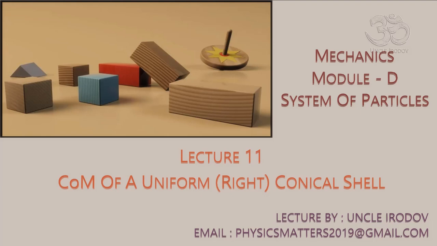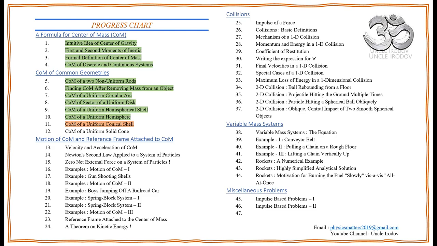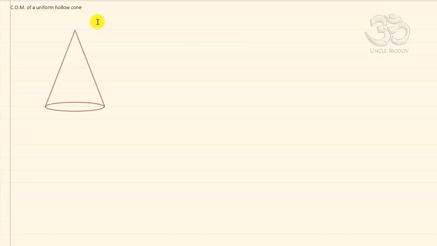So the next figure that we can go for is a uniform hollow cone. So this thing will be like the birthday caps that you would have seen. They are conical in shape, they are hollow inside, so there is a very thin layer of paper that makes up that birthday cap, and I'm speaking about something of that kind. So there is a very thin layer of material that makes up the surface of this conical cap, and there is nothing filled inside, it's air.